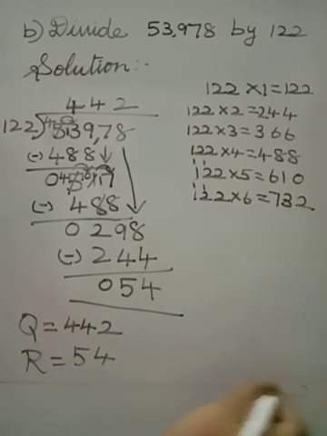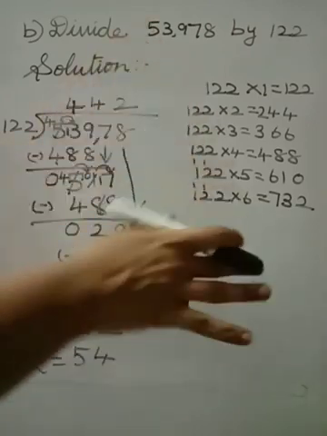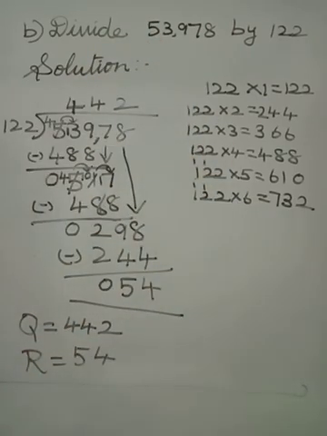Okay ma? So very simple. It is the same method; the only thing is you have to write the tables correctly. You should be thorough up to the 10th table. If you are thorough up to the 10th table, it will be easy for you with any divisor. Okay ma? So write this in your note neatly.